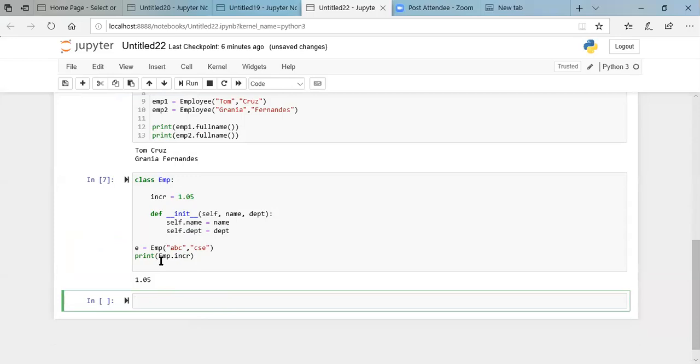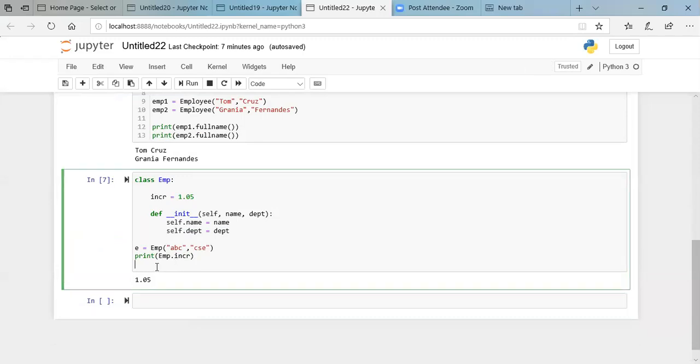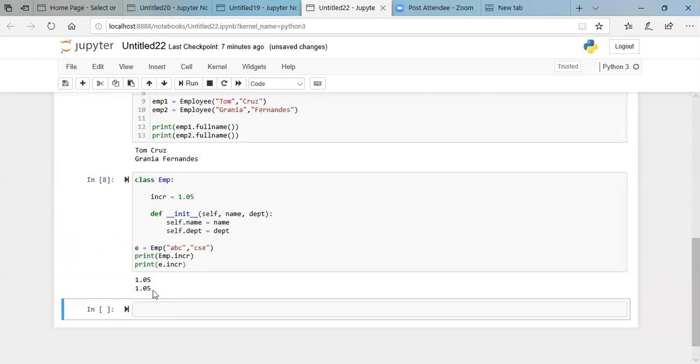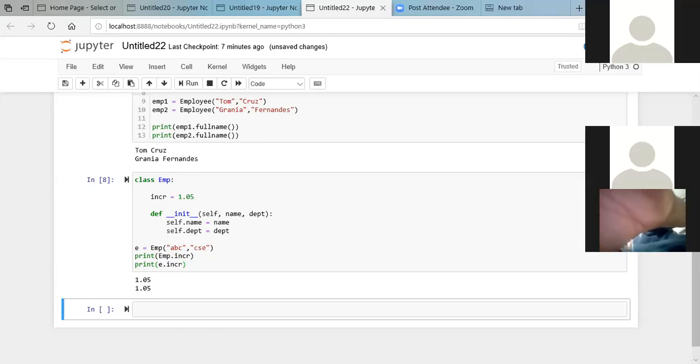So you can use EMP, which is the name of the class, dot the class variable. Now let's see what happens if you call this for a specific object. The object we have created of class EMP is E, so I'll say E dot incr. For that also you get the same value, because this copy, increment 1.05, belongs to all the objects of the class employee.